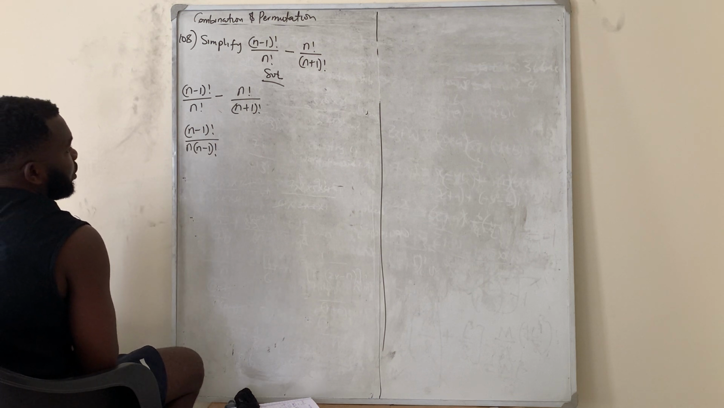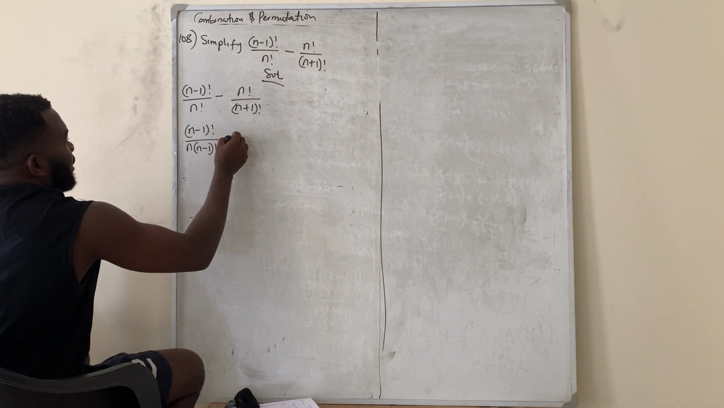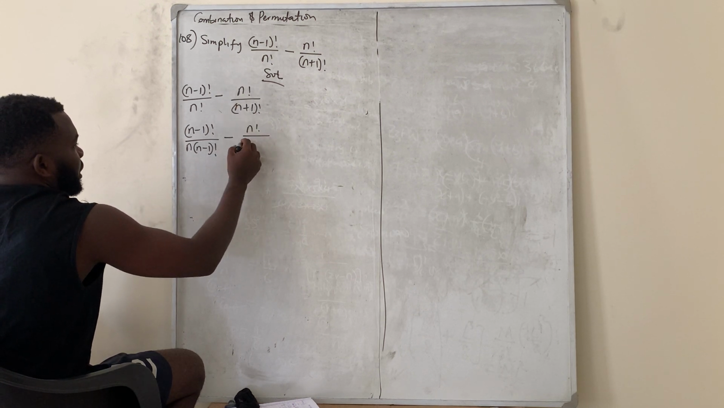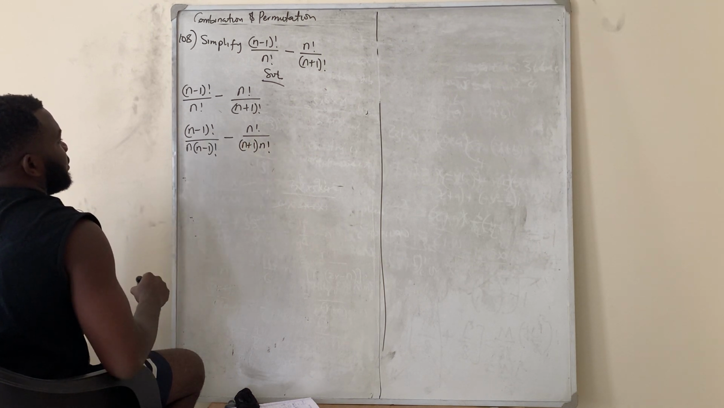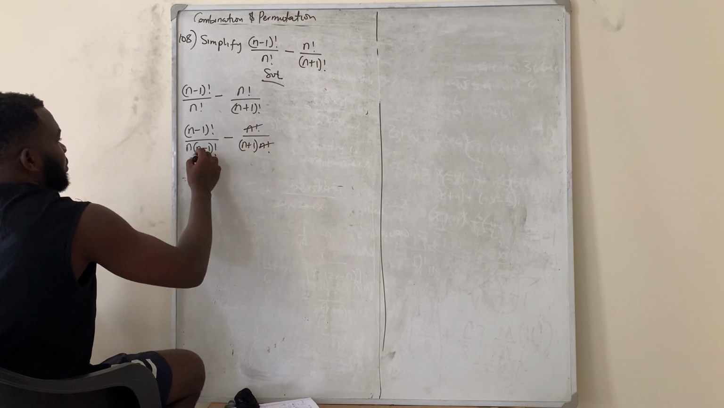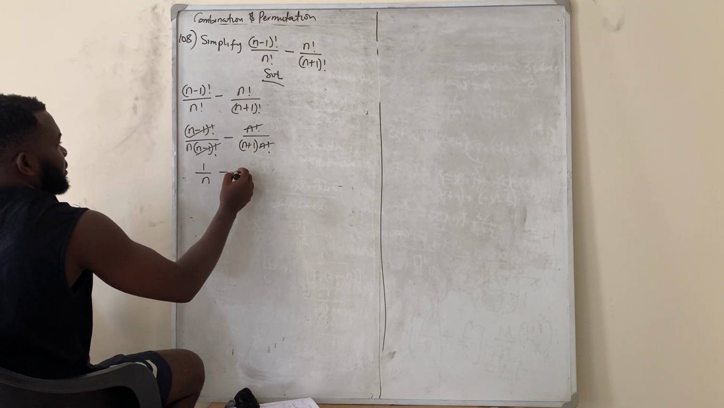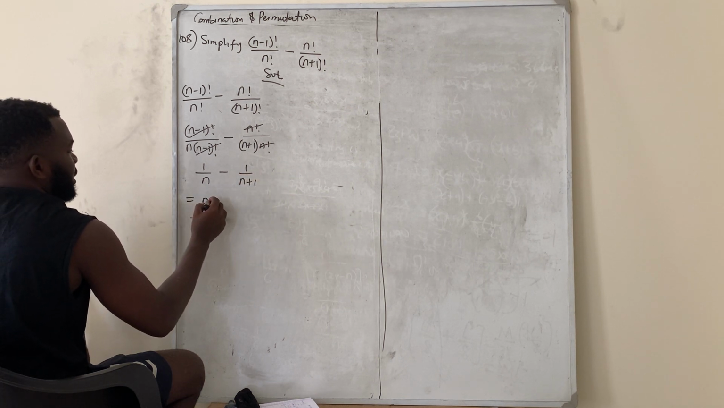You can watch my video on combination and permutation. I'll drop the link in the description. Okay, so I have minus n factorial all over the denominator, which can be written as n plus 1 into n factorial. So this takes care of this, while this takes care of this. So I'm left with 1 over n minus 1 over n plus 1. So the LCM there is